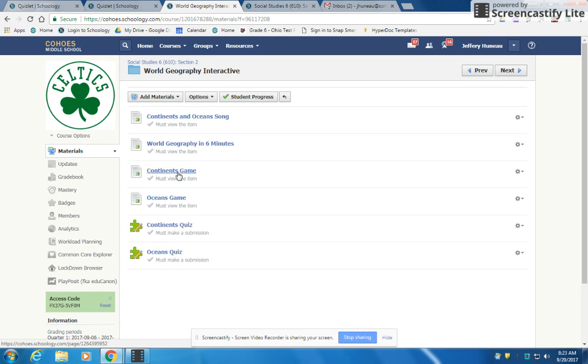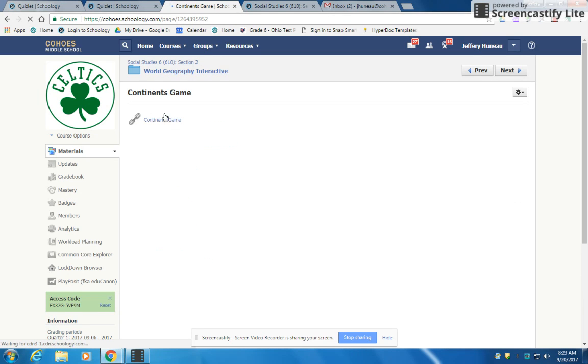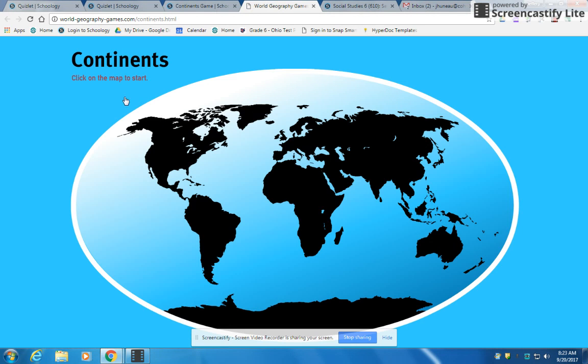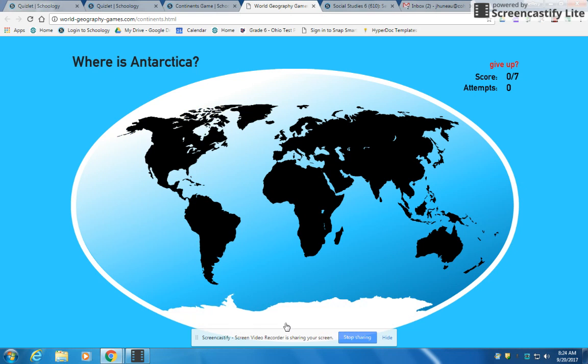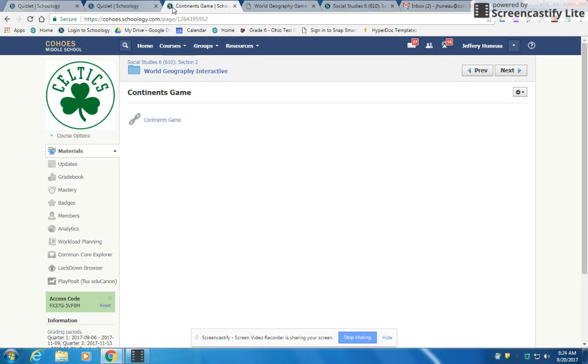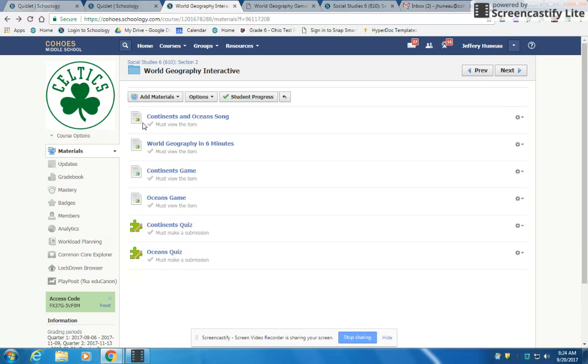After that one, you'll go to the Continents game. You click on Continents game, and then you click on the link. It will take you to this game. Click the map to start. It will tell you, where is Antarctica. So you have to choose the continent, click it, and it will tell you if you're right or wrong. Play that several times until you get really good at it, where you can get all 7 correct